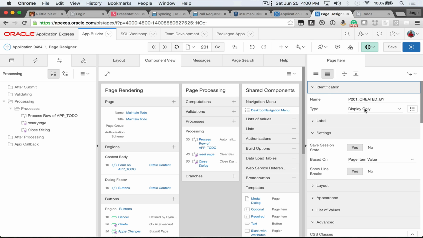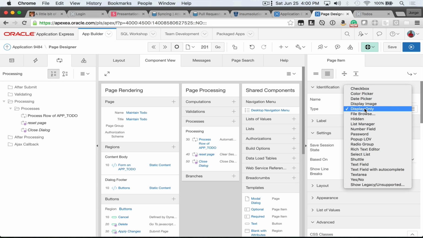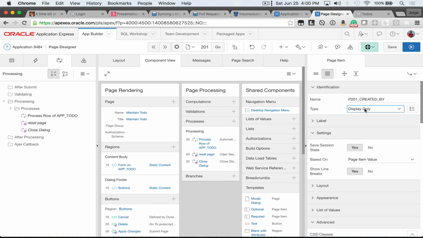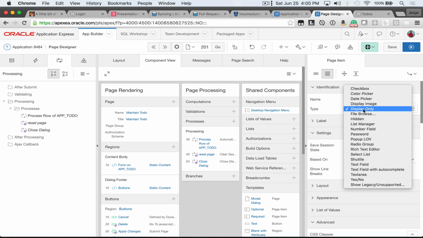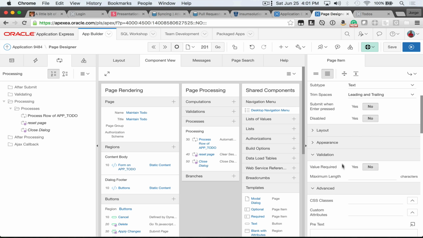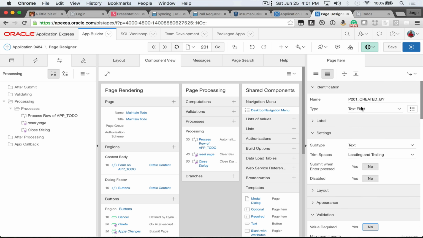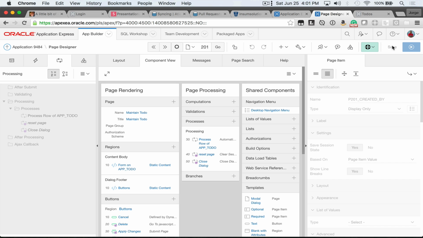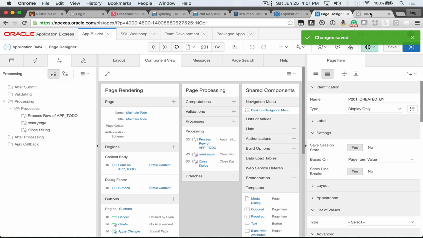see, okay, and you were probably looking at this video and screaming at the screen. Once I switch it to display only, well, they're not required anymore, right? They're just display. So if they had been text as before, let's switch to text. Text field. What I was looking for is this validation. Require was set to yes before. I wanted to switch it to no, but because I went to display only, that goes away. All right. Well, that was a long